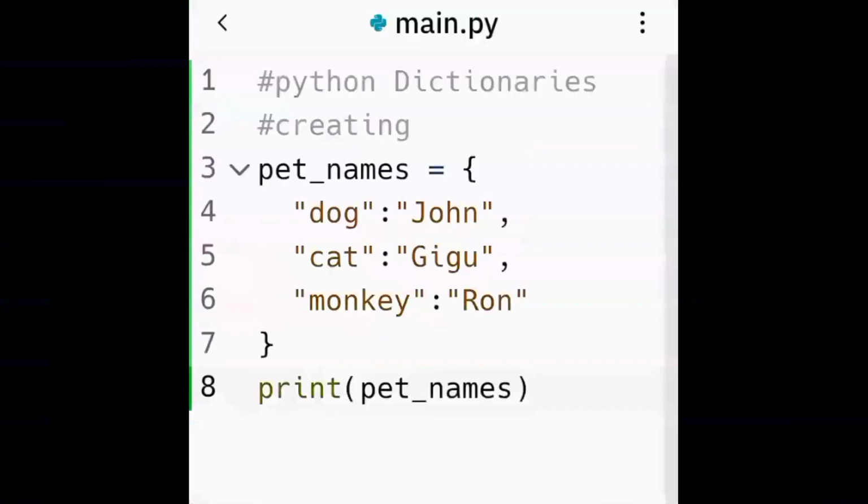Let's consider more examples in order to see some more characteristics of Python dictionaries. Stay tuned till the end of the video so that you get to know each and every important feature of Python dictionaries, which you're supposed to be using most frequently in your projects.